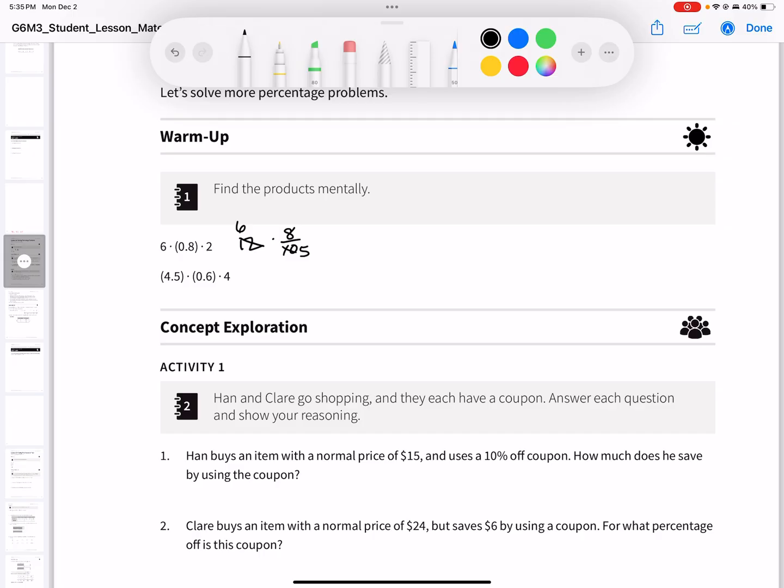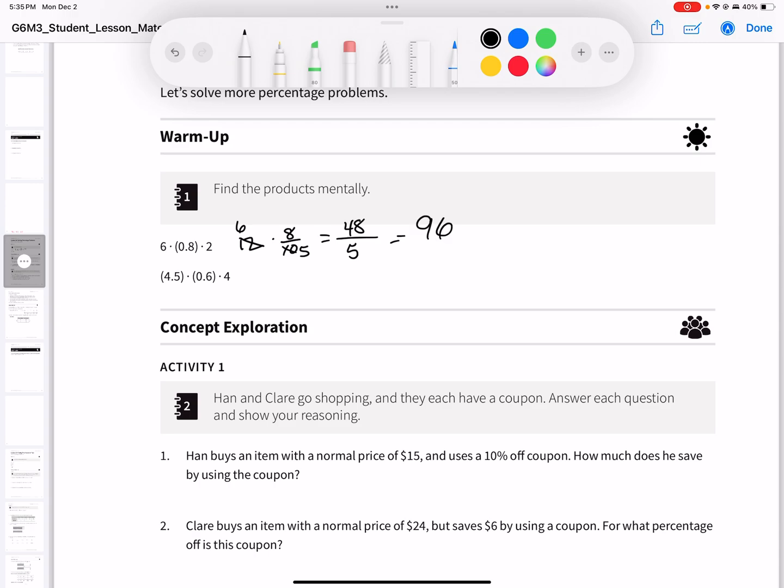So then I do 6 times 8 is 48, right? Fifths. I don't love that. So let's try 12 times 8. 12 times 8 is